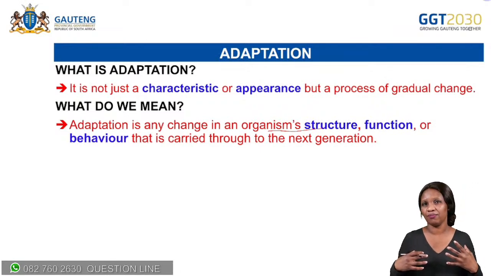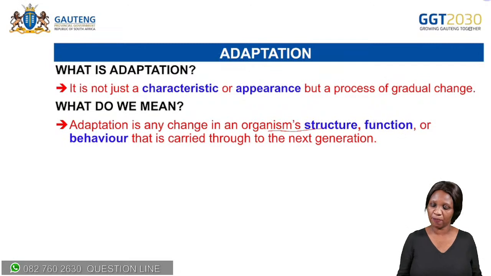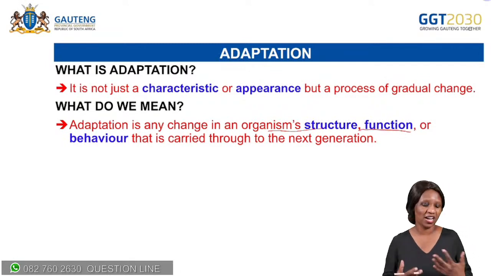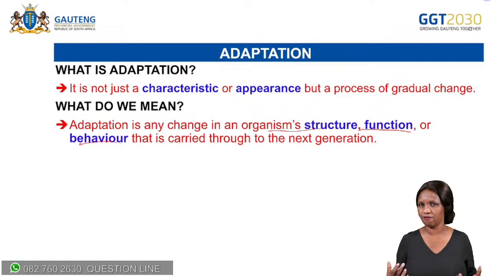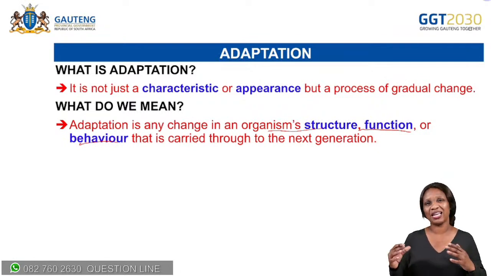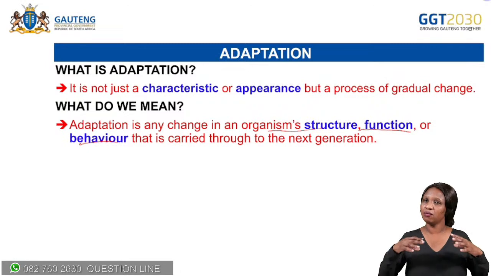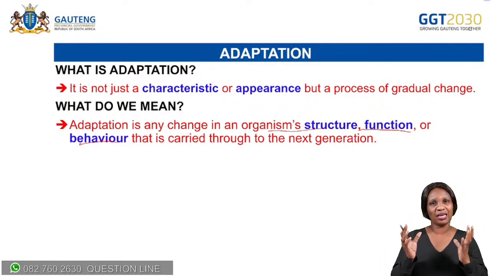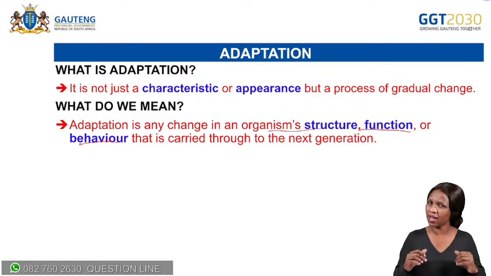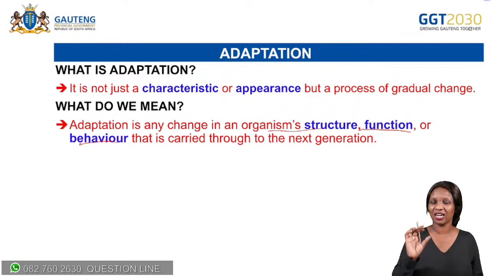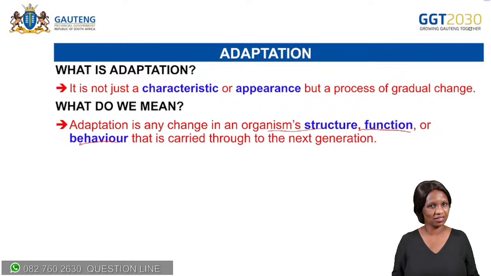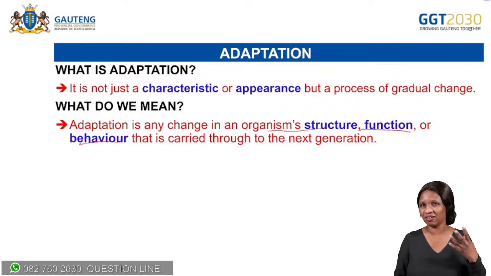All right. And then, if we are talking about function, how an animal functions, right? How does it function? And then, behavior. How does an animal behave? For example, if you look at birds, they lay eggs, and the eggs have got what? A hard shell. Why? Because it is protecting its embryo from harsh climatic conditions. Do you get that? It is protecting its embryo.